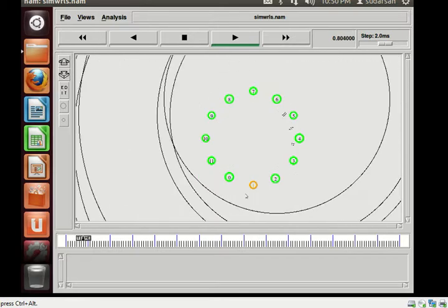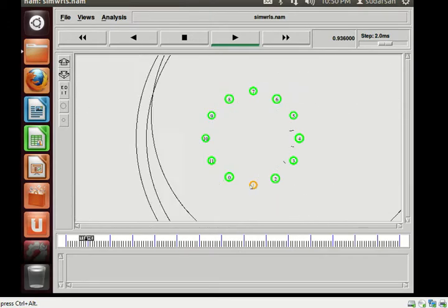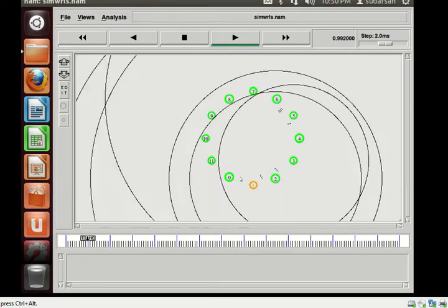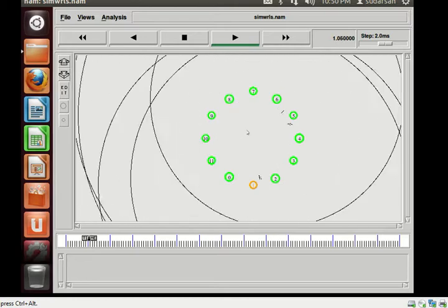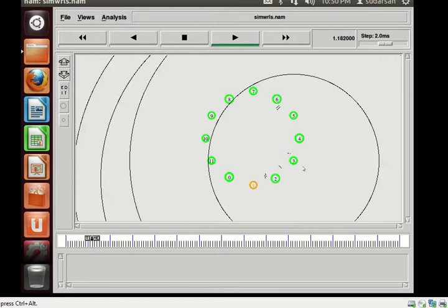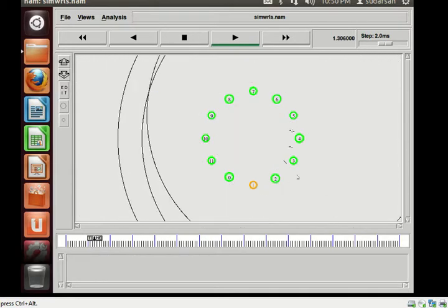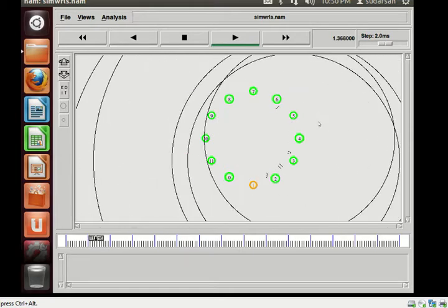We are considering the circular topology. In circular topology, there are only two paths. That is either from 1 to 6 via 11, 10, 9, and 8, and another is 1 to 6 via 2, 3, 4, 5, 6. The shortest path is 2, 3, 4, 5, 6. So the packets are transmitted in the clockwise direction, not the anti-clockwise direction.